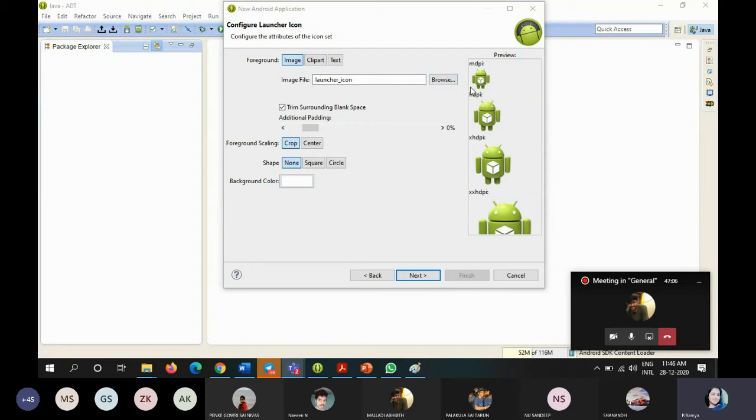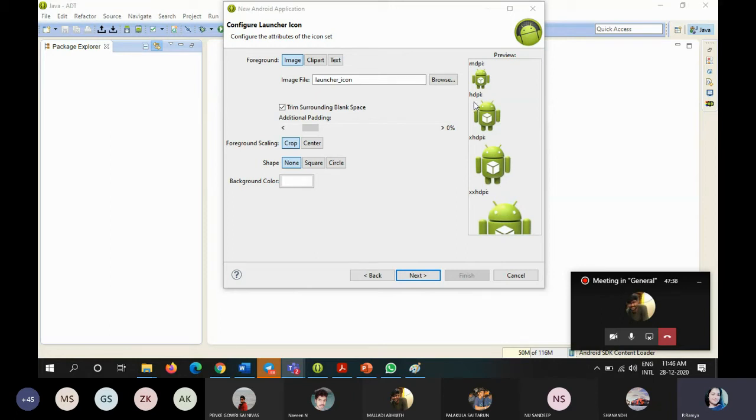Suppose you are not giving any icon for your application, then by default it will take a logo. If you didn't give any picture for your application, automatically it will take the default Android logo as the application icon. That's why it displays the default Android logo.